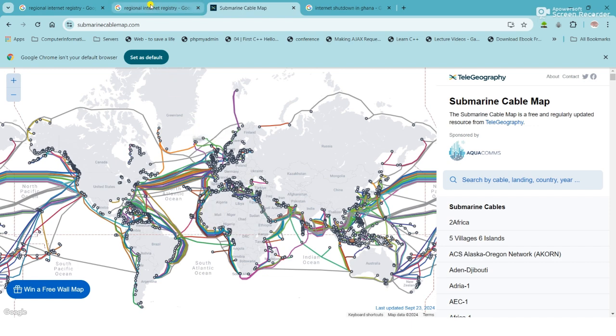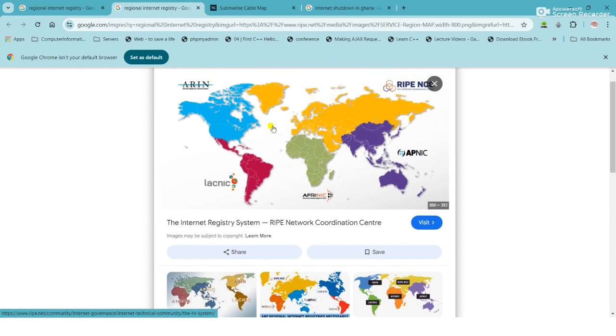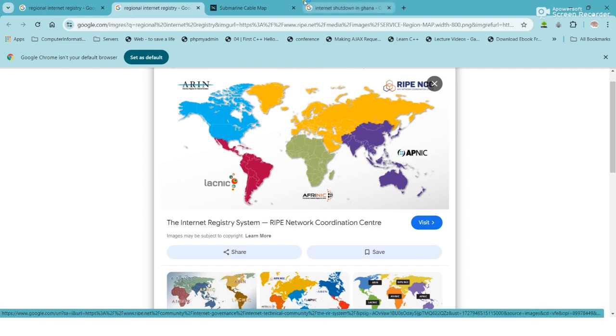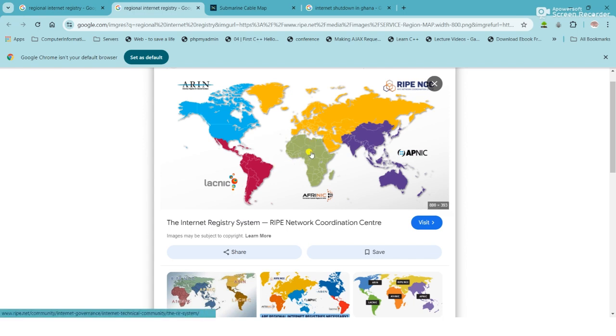Now, the Regional Internet Registry comes into play when the internet service providers want to have access to all these cables that are coming. So the cables have been laid, but who is going to ensure that, or who is going to organize in such a way that all the telcos will pass through a certain appropriate medium so that they all have access to the internet? So there are authorities in place that are doing that.